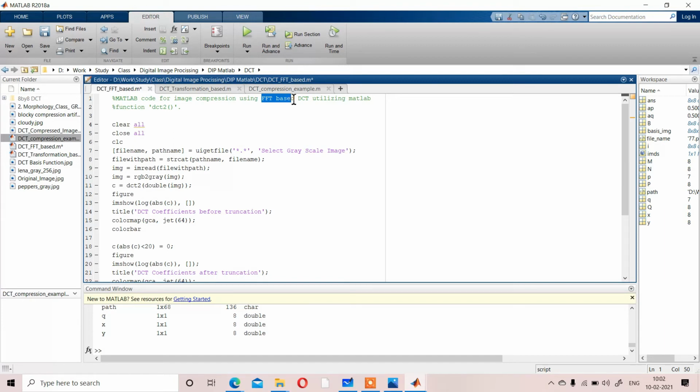For this case, I am considering a gray level image. We can consider the binary image also, or the RGB image also, but for that case we need to consider a huge number of pixel variations. That is the reason I am considering here the gray level image, which has pixel variation from 0 to 255. So complexity will be less and you can understand it very easily. The first three lines you already know: clear all, close all, clc.